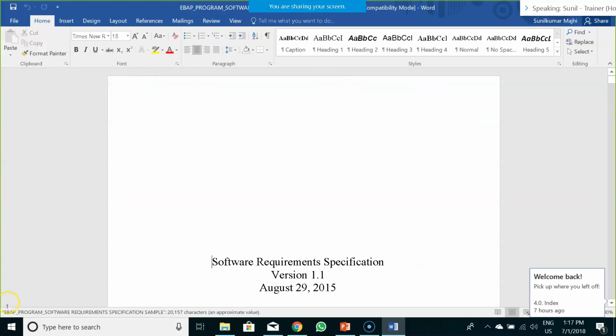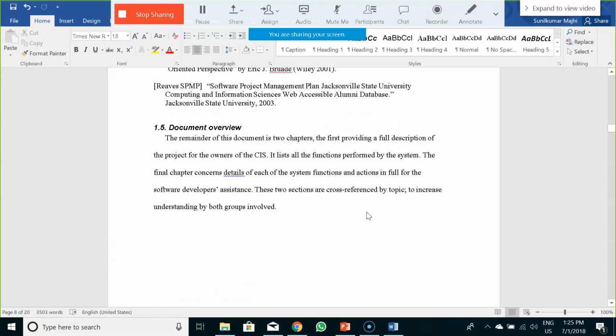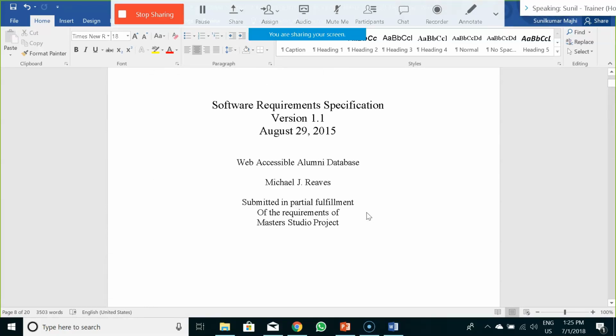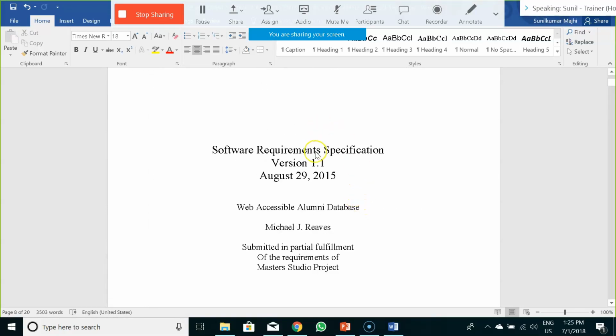Okay, so this is how your software requirement specification document looks like. We essentially have the software requirement specification. It would always have a version associated to it. So the changes that you are making would essentially give rise to a newer version of your software requirement specification. Same case goes to your BRD, business requirement document, or whatever requirement document you are creating. You have to version out those requirement documents or the business articles.